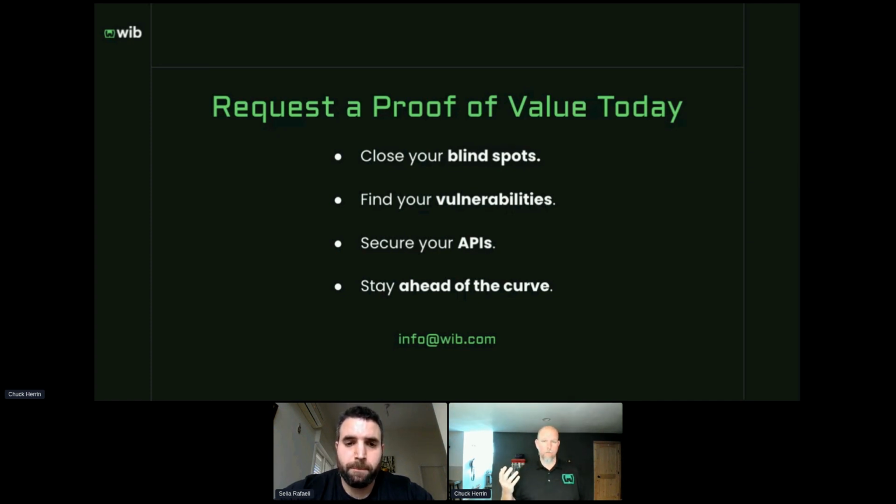where you give us a couple of APIs that you want us to scan, either in a lower environment or in production. Kind of the "I don't always test, but when I do, I test in production." But it really is critical to understand what's actually running and exposed to the outside, so that you and your companies can get and stay ahead of the curve. Our contact info is right there, info@wib.com. More than happy to start and meet you wherever you are in your API security journey.